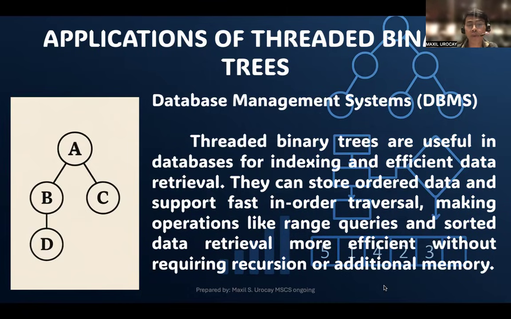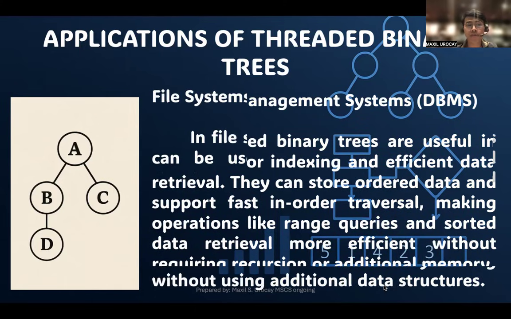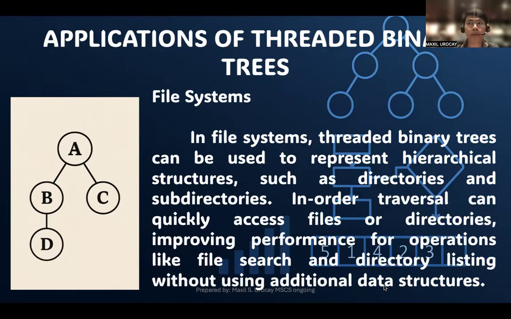They can store order data and support fast in-order traversal, making operations like range queries and sorted data retrieval more efficient without requiring recursion or additional memory. And then another application will be in file systems. That means we can use this to represent hierarchical structures, such as directories and subdirectories. And this can quickly access files or directories, improving performance for operations like file search and directory listing without using